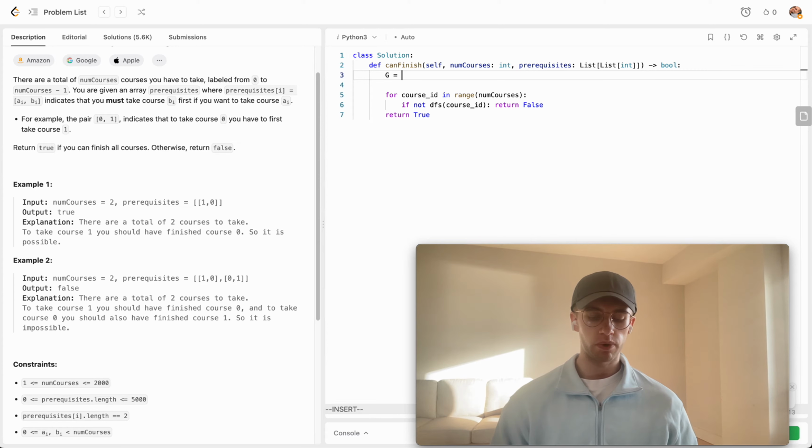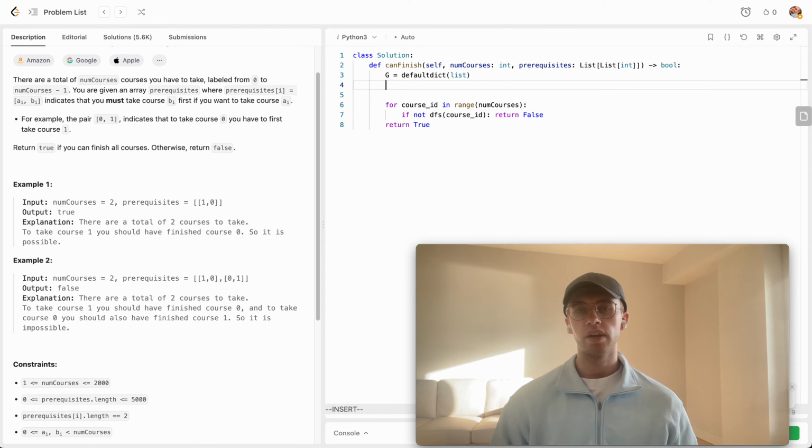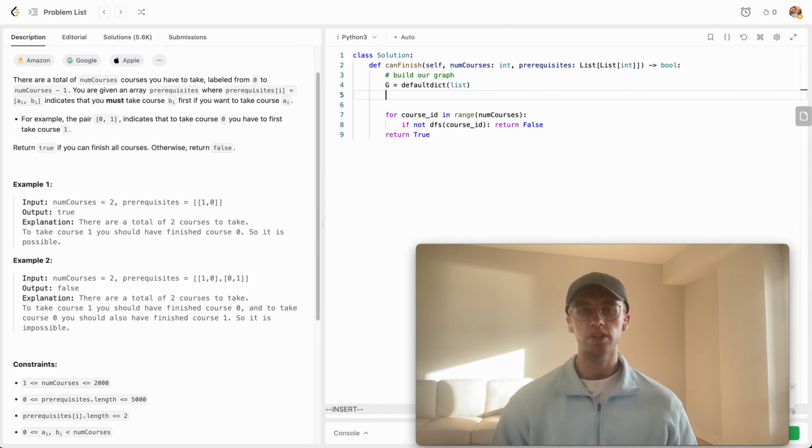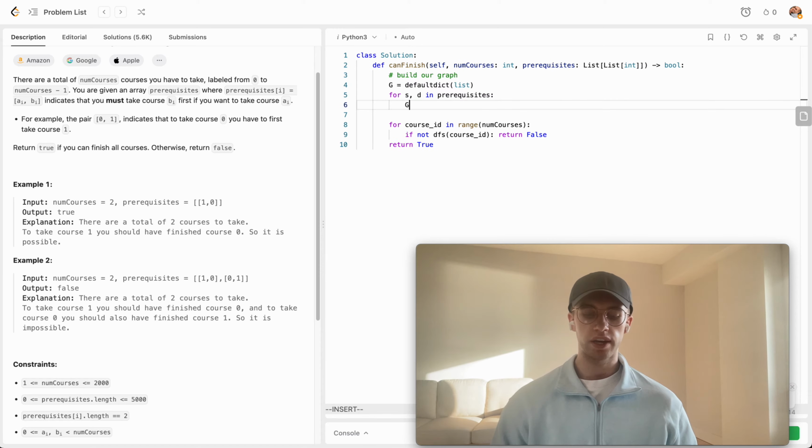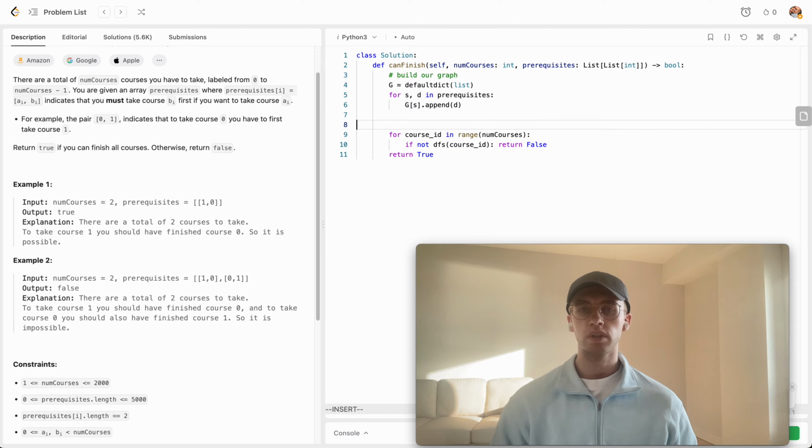So basically, we want to generate a graph using a dictionary where the default value is an empty list. And so let's go ahead and build our graph. And so it looks like so. So we're going to iterate through our prerequisites. It's hard to spell. And we'll have to say, okay, this particular course depends on this particular prerequisite here. Okay, and so from here, we're going to want to try to resolve every course's dependencies,